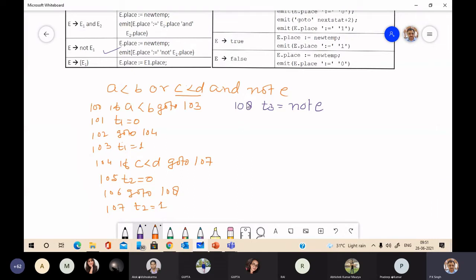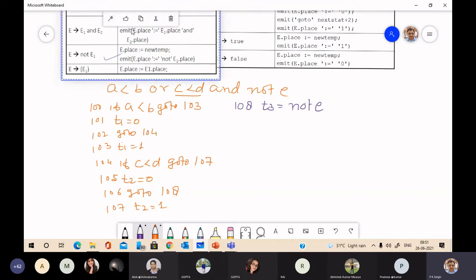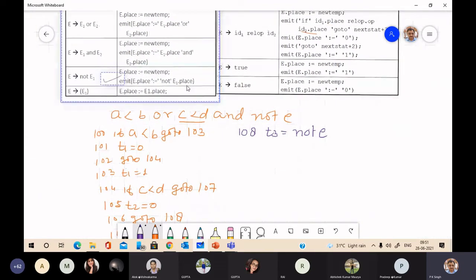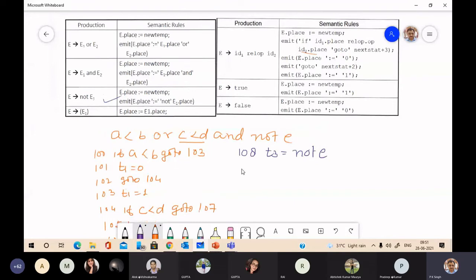Then we go for this E, E1 and E2. So a new temporary is generated. Just see, a new temporary is generated. So at 109, T4 is E1 place and E2 place.